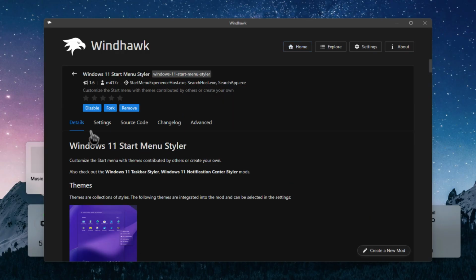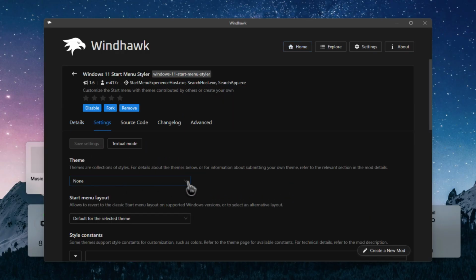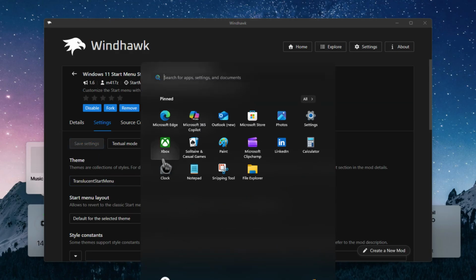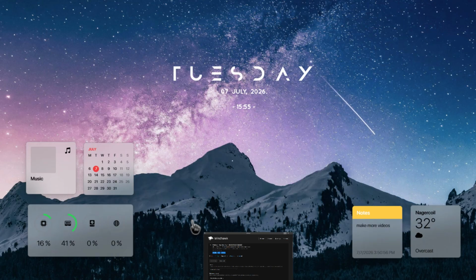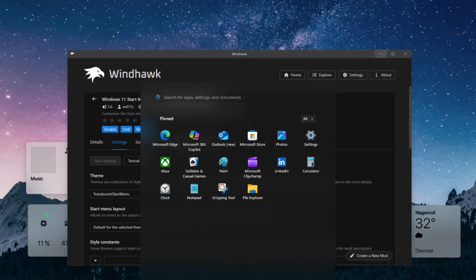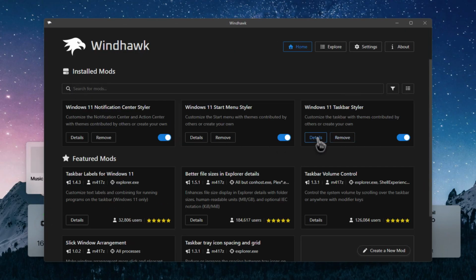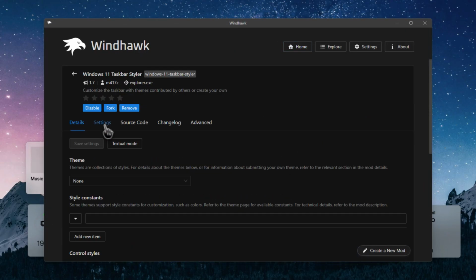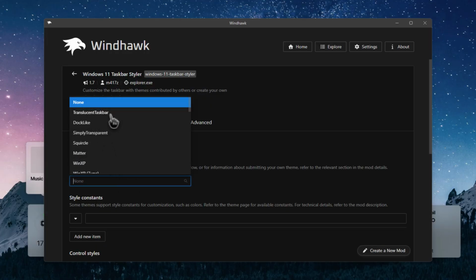Select the details in start menu. Go to settings, theme, select transparent start menu and select save settings. You have the transparent start menu. Now go back and select details in taskbar styler and go to settings, select